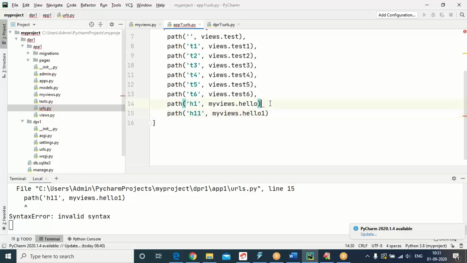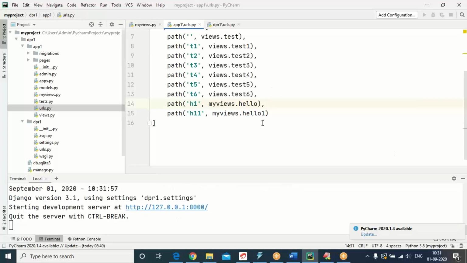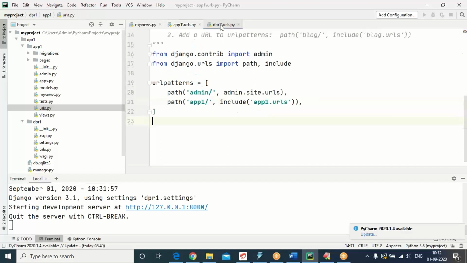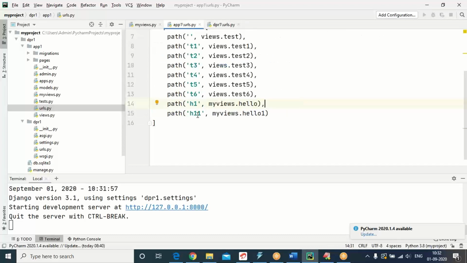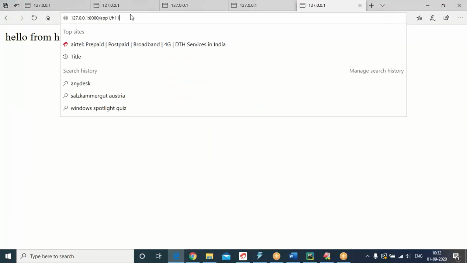The comma is missing here. Now, the application level URL is already there in the project URLs, app1. Inside app1, you need to call h11. Open a browser. Inside app1, I need to call h11.